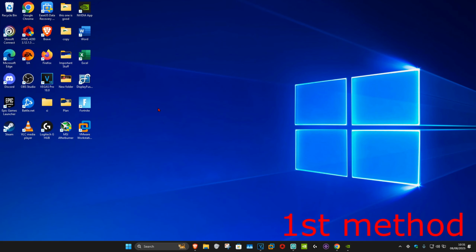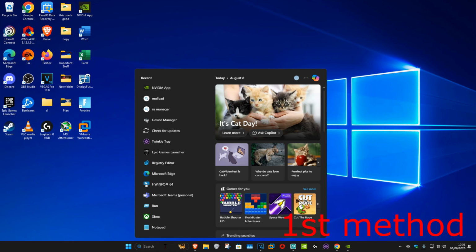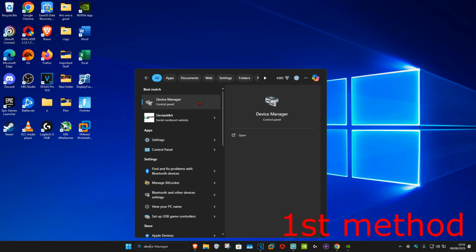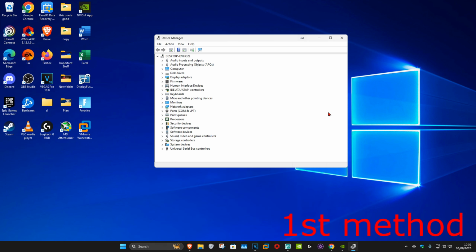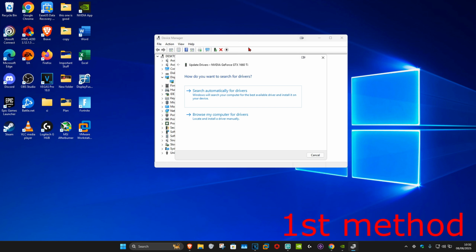So guys, for the first method, you want to head over to search and type in device manager. Click on it, and now once you're on this, you want to expand display adapters, and now you want to find your NVIDIA graphics card. You want to right click on it, and then click on update driver, and then click on browse my computer